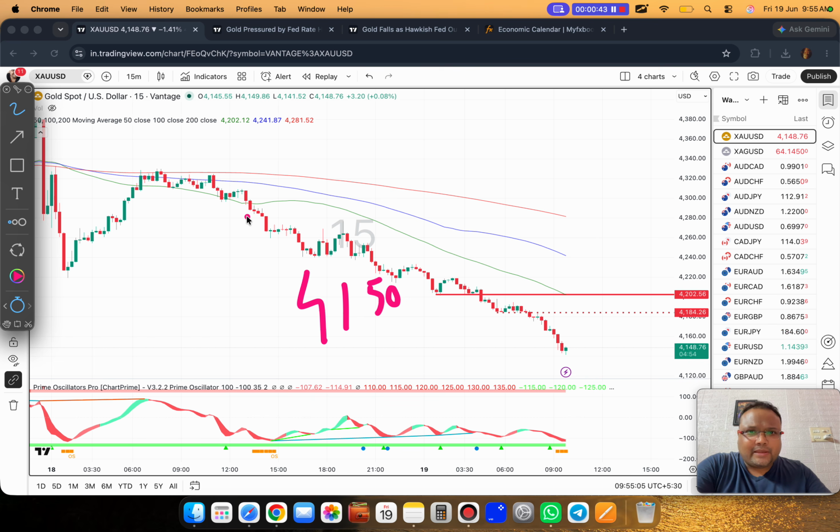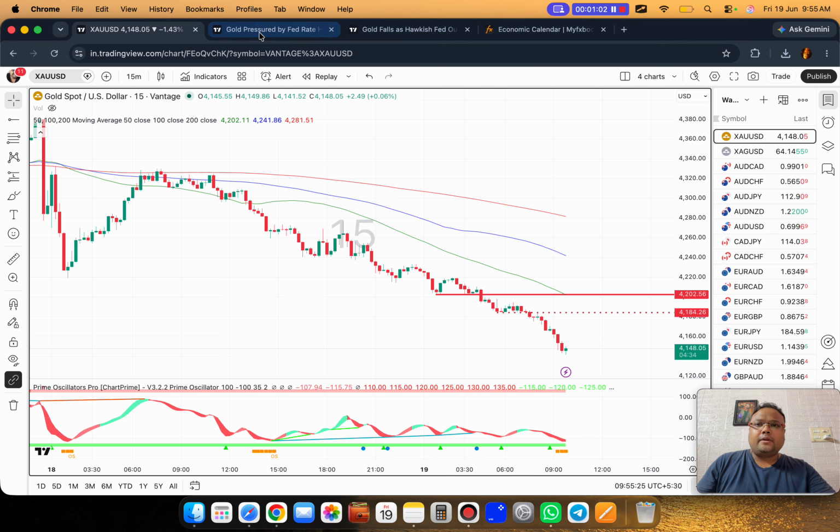on gold. As we all know, the market sentiment on gold has been very dicey for the last couple of weeks. Things have been changing, as a result of which gold was bullish for 1 or 2 days, again gold was bearish, gold was sideways, and at this point of time we can see gold is under pressure.